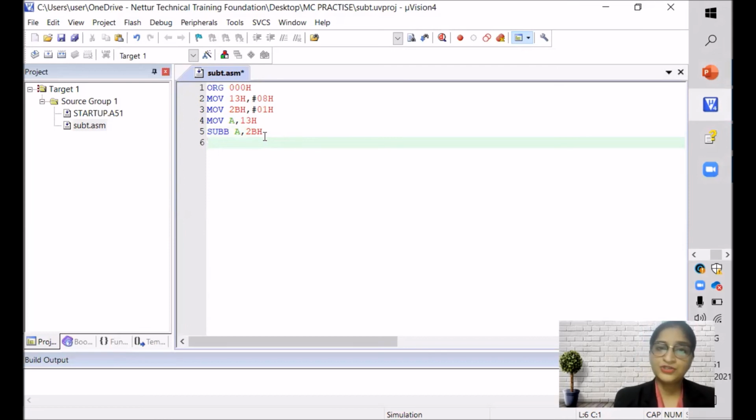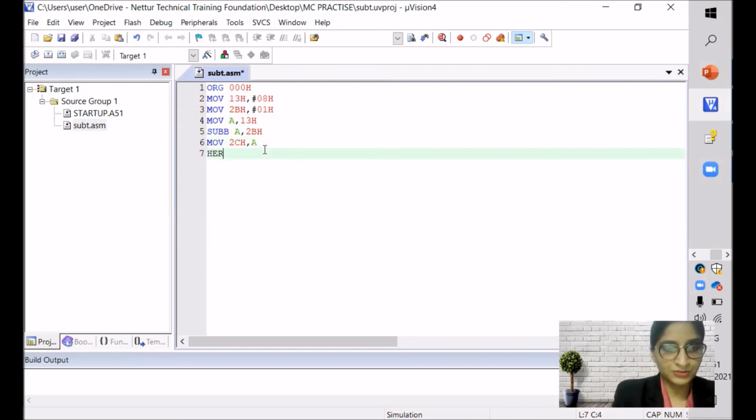So now you need to move the result from the accumulator to the location given. The location given was 2CH. 2C is the location where we are supposed to store the output. So we'll be moving MOV 2CH, comma A. What will happen? From the accumulator, that result will get stored back in 2C.